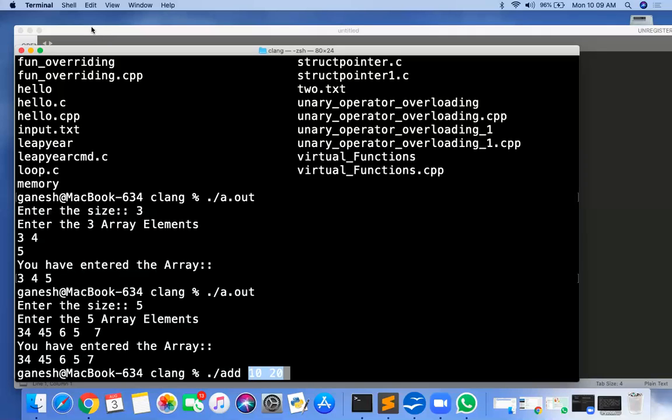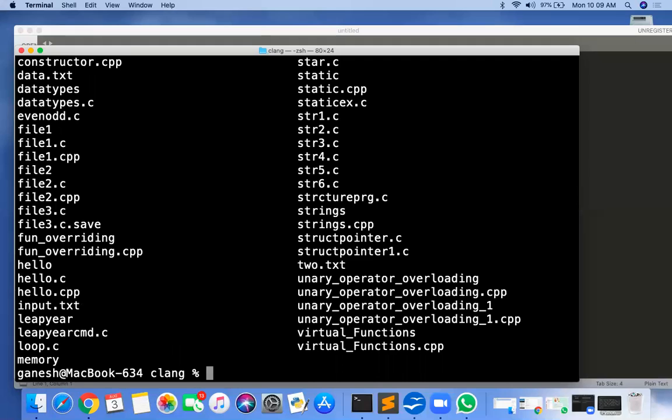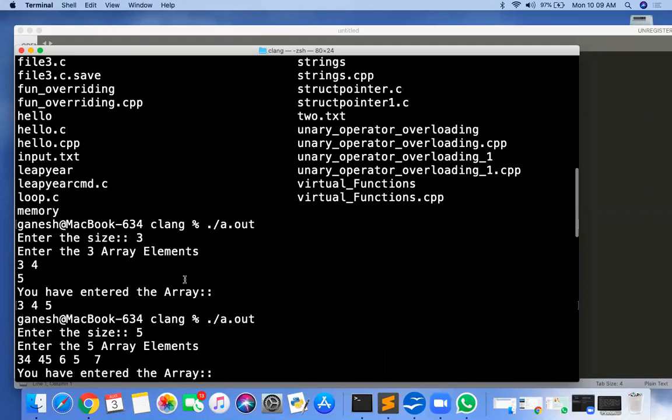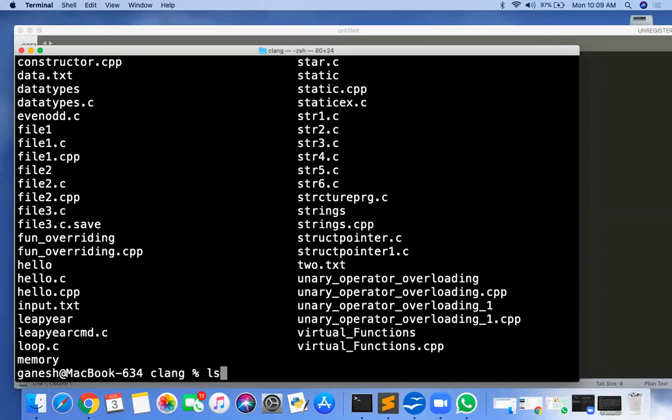So, what is the need of the command line argument, and where is it needed? When you want to run any program, and before running your program, if you want to initialize something, if you want to give some input to your program, then that is called a command line argument. For example, ls is one of the C language programs. What is the use of ls? It lists my directory. It will list all my directories and files from my folder. But ls also takes one command line argument, -l.